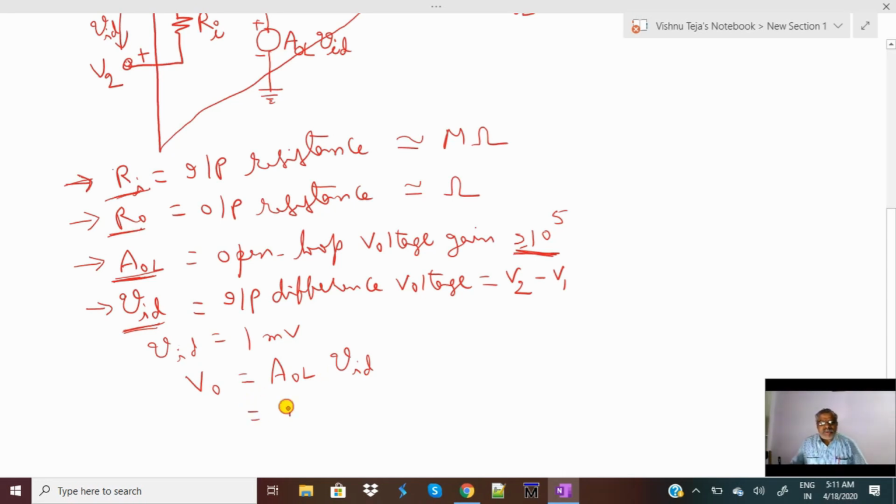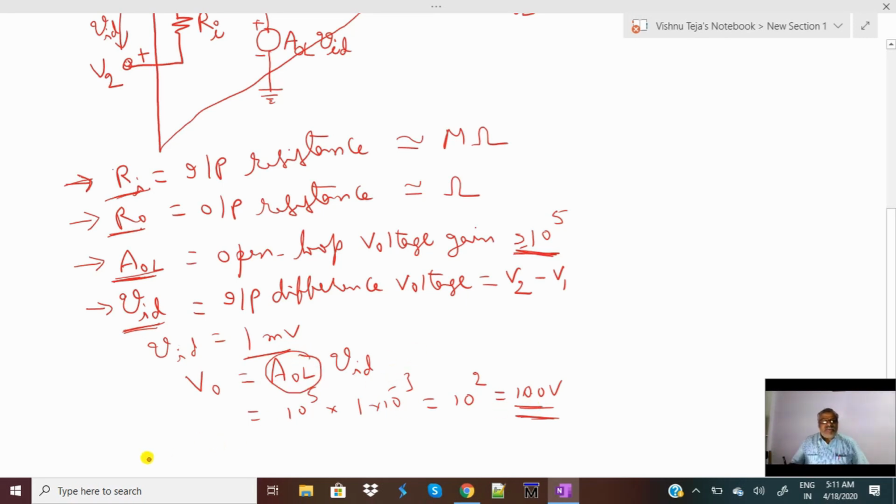For a given value of R0, the open loop output voltage can be written like this. So this will be equal to 10^5 into 1 millivolt, 1 into 10^-3, which will be about 10^2 volts, that is 100 volts. Even though this value is not practicable, the example is just to understand that even though the input is very small, we can get a very large output